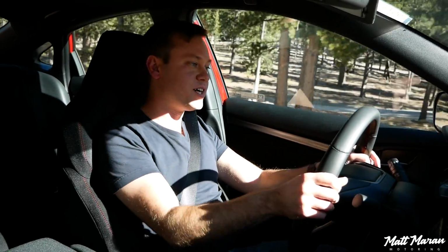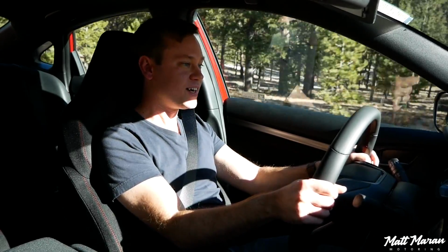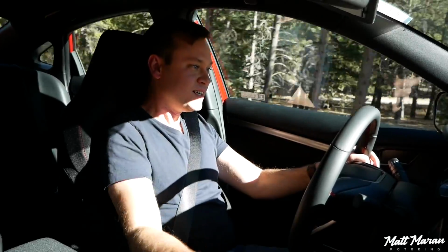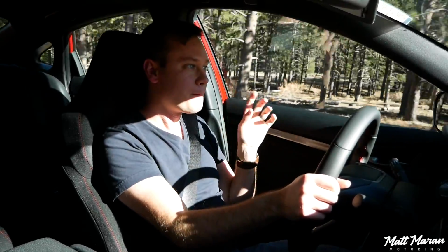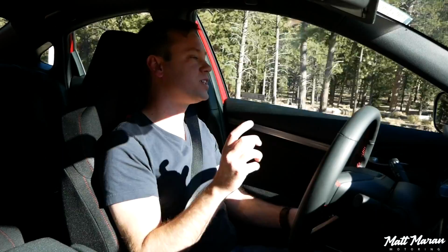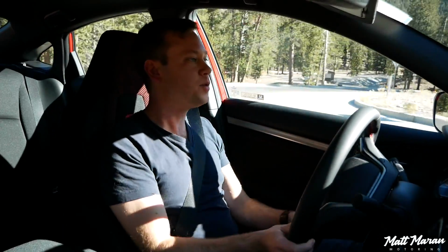But even if we go down to second here, and there it is. You can see from the time I go full throttle how much it's hanging while I have the clutch in. It's just not precise, and that's unusual for Honda. In the past they were so precise,